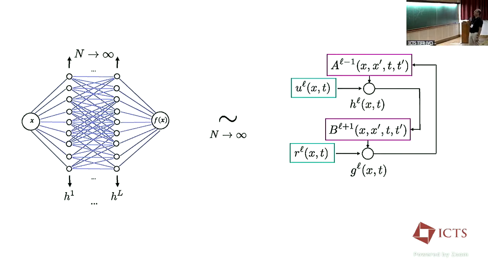So these H^l are again random variables that depend on inputs and training time. They're driven by some noise. Of course, the statistics of this noise depend on the H's in the previous layers, and also on the response functions. Now, the response functions, because of the way gradient descent works, have this reciprocal property, right? The same is true for G: the past G affects what happens to H, and H affects what happens to G. So this is the structure of these equations.